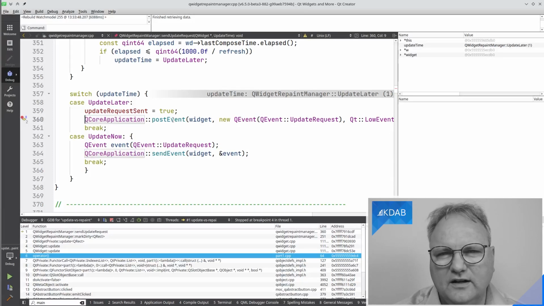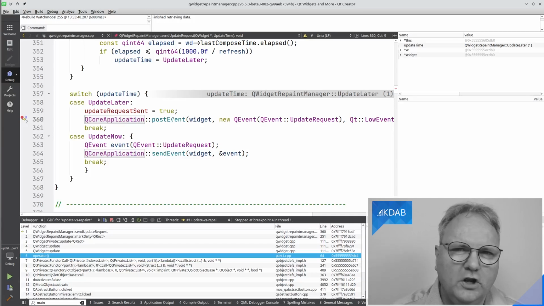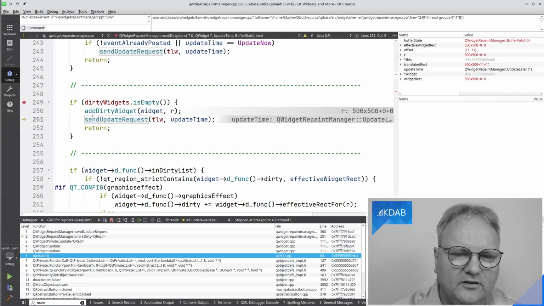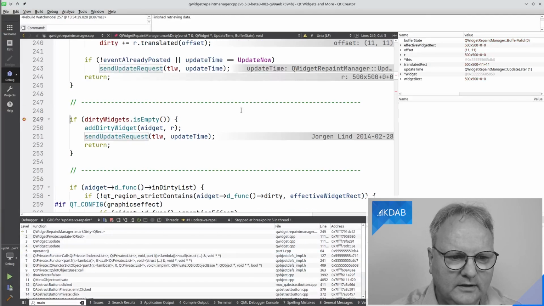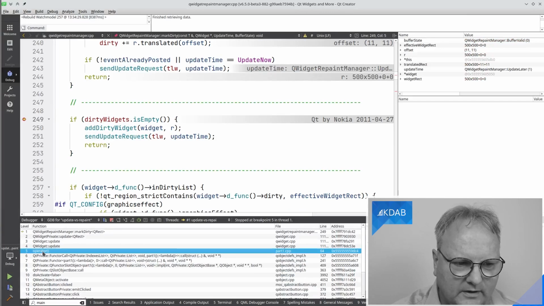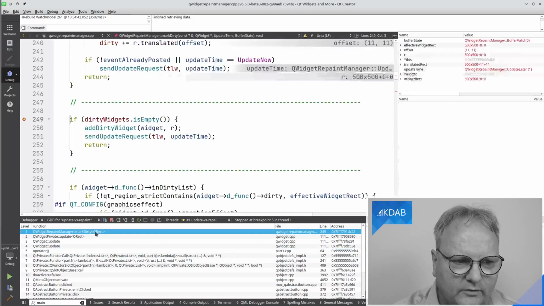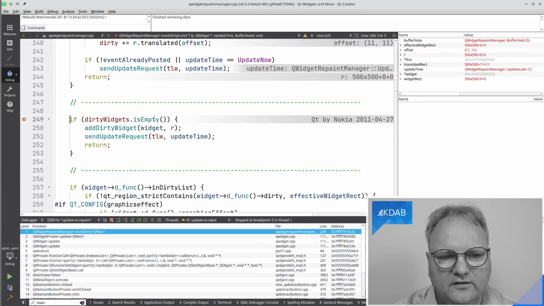Obviously, that does not answer why we are not seeing more than one repaint when we update. It could have been that I posted the repaint request so many times that the event queue would be filled up with them. But for that, let me just go one level up. Here is the test for whether dirty widgets is empty, and let's just put a breakpoint here, continue again. And now we'll notice, if I go up again, that I'm down here, i is now 1. I can continue once more, and i is 2. So this is the loop that is running around. And up here, is dirty widgets empty, but as we can see, I can just step here.